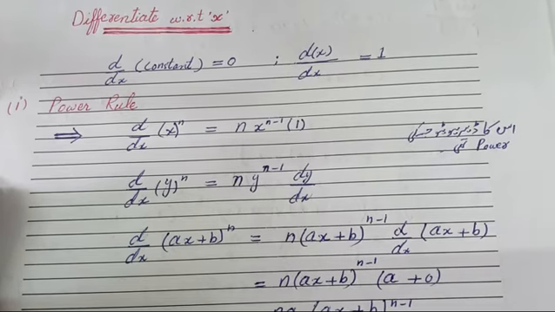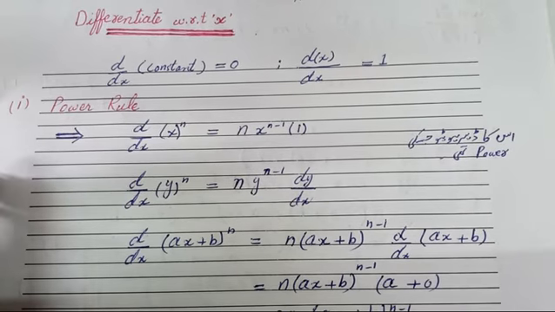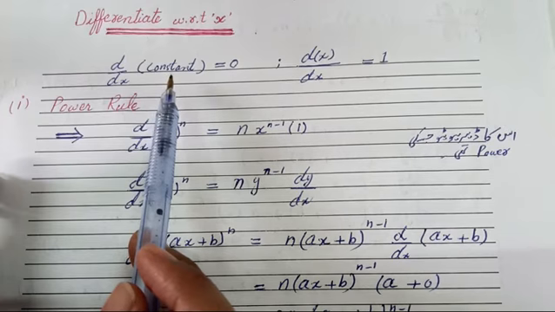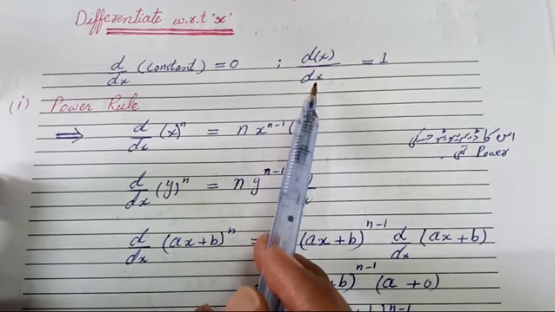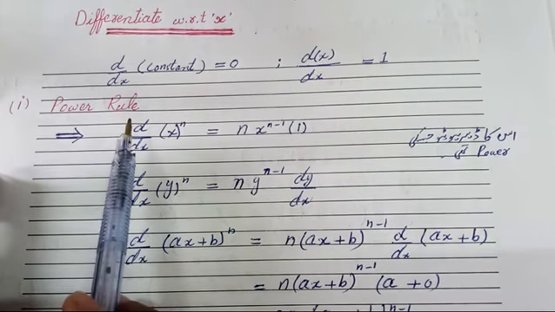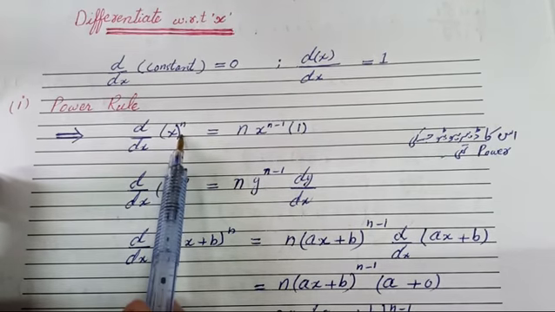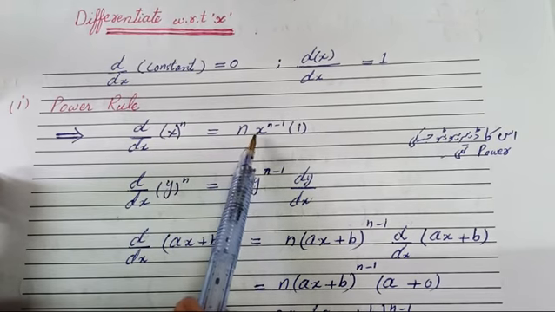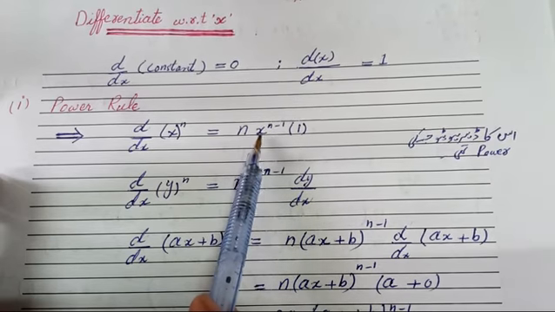Dear students, today we have solved 3 questions, question numbers 10, 11 and 12. So now I am revising the power rule. This is known as the power rule, and always remember the derivative of any constant is always 0, and the derivative of any variable with respect to itself is equal to 1. For example, if you have a statement x raised to power n, by applying the power rule you can solve it: n x to the n minus 1 into the derivative of the variable, that is 1 in the case of this.